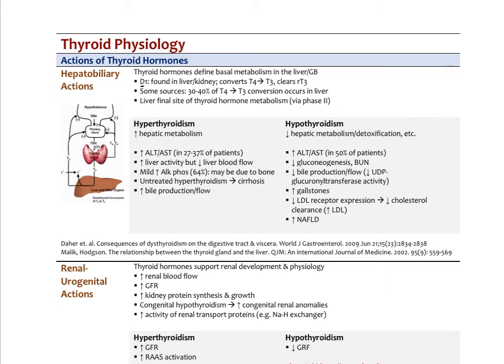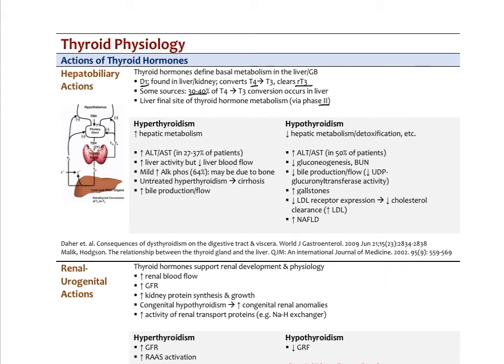So the type 1 deiodinase is found in the liver. It converts T4 to T3 like we talked about. It also clears reverse T3. That's the one that's inactive. Some sources say up to 30, even 40% of the plasma levels of T3 actually come from liver conversion. It's the final site of thyroid hormone metabolism via the conjugation as well. We talked about glucuronidation and sulfation in the last videos about how the body rids thyroid in addition to reverse